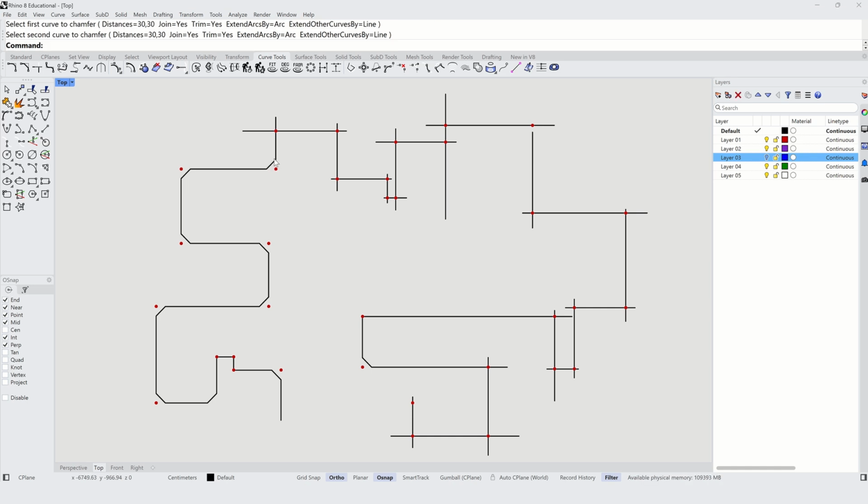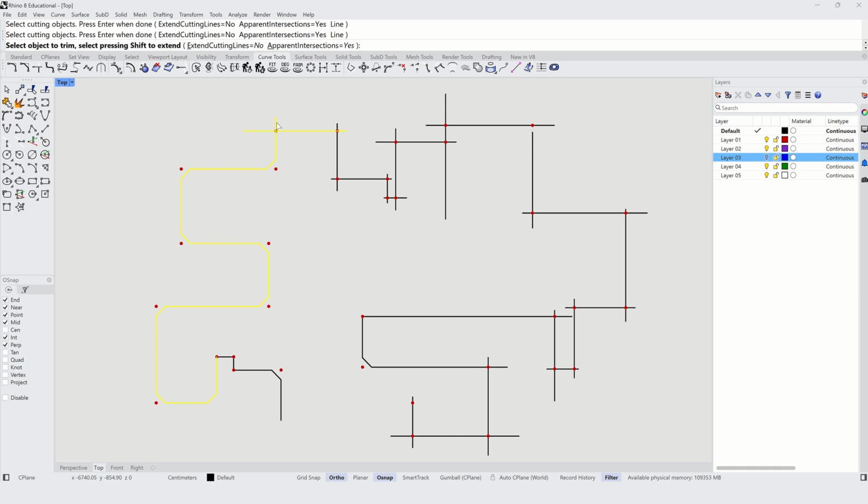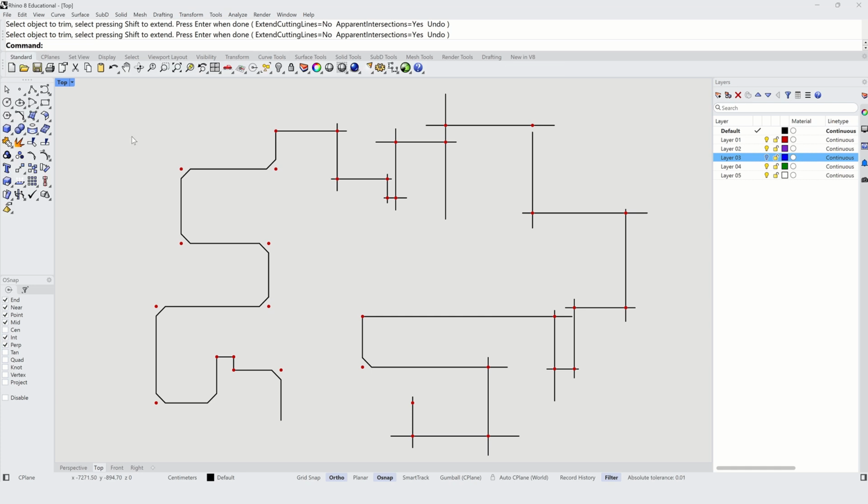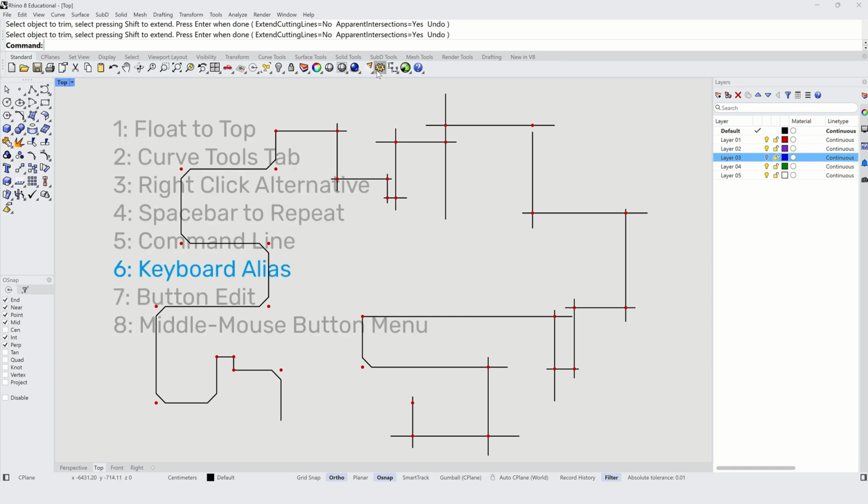It's worth pointing out here that Rhino's autocomplete is adaptive, so typing TR will not initially give Trim as the first option, but Triangulate Mesh. Over time, you will likely use Trim much more frequently than Triangulate Mesh, and Rhino will learn that Trim should be moved to the top of the list. If you don't want to wait, it is possible to override the autocomplete by creating a keyboard alias, which is